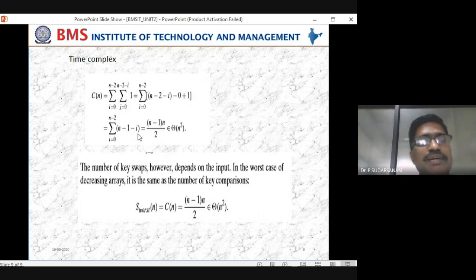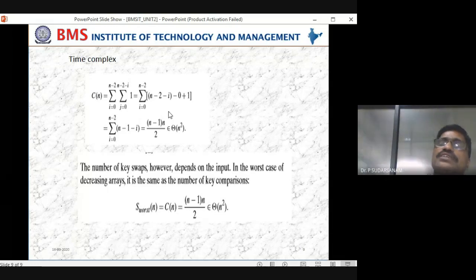So that is nothing but, when you subtract this, you will be getting n into n minus 1 divided by 2. The same equation we have solved in the first unit. So that belongs to theta of n square. n into n square divided by 2, n by 2. So n square by 2 is nothing but, when you have the highest value, that belongs to n square. n square is the maximum.